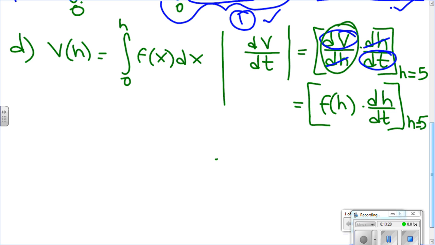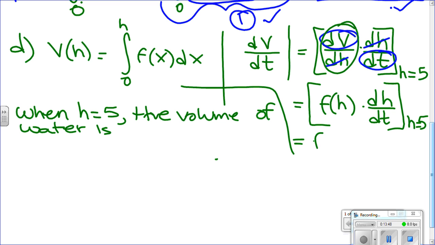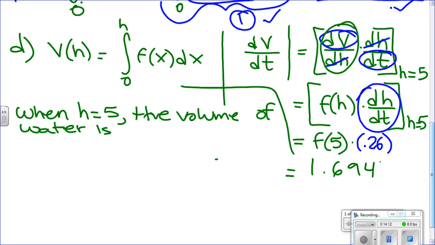So then let me write the sentence, and then we'll go back to the whole thing. When the height is equal to 5, the volume of water is, right here, there's still an answer for it. To find the final answer, we will find f of 5, which is given by the table, and then multiply it by this quantity here. That one becomes 0.26. So the answer for this one will be 1.694419. Okay, so when h is 5, the volume of the water